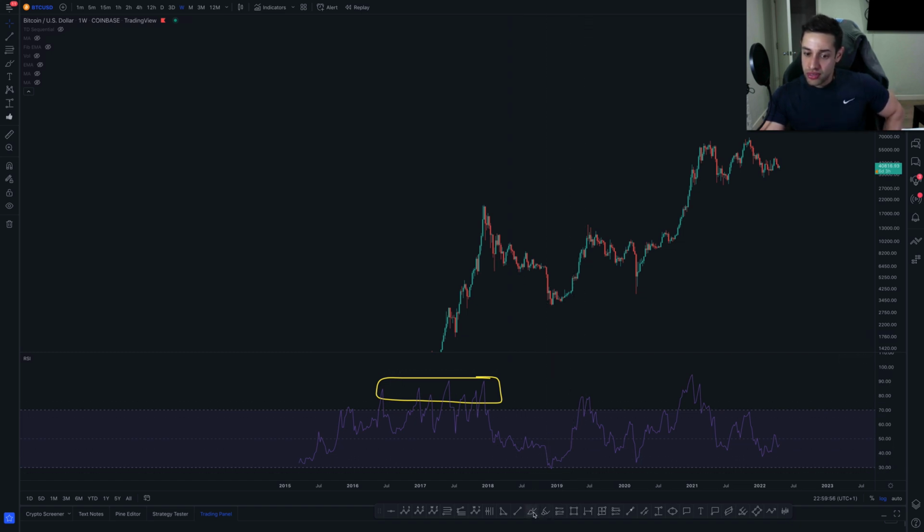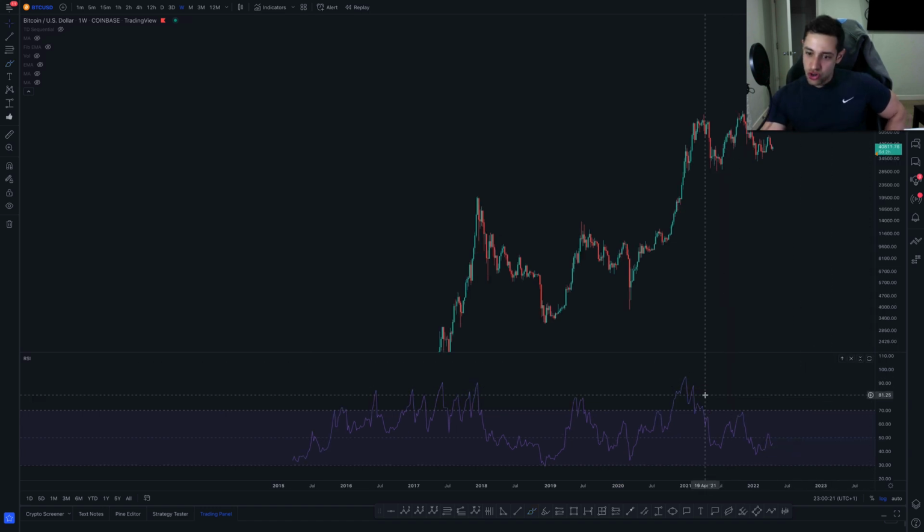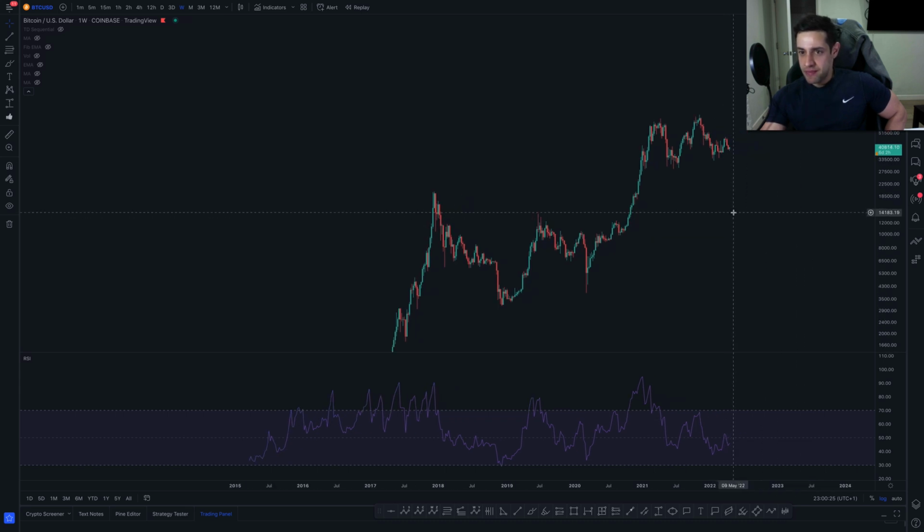If we again look at this crash that we got over here at about that 80 level, and then we've got our big crash that we got last year in May. So every time that we reach this level, I'm looking for reasons. Is there anything else in the charts that's telling me that we're either topping out or potentially moving lower here? So we can use the chart in those upper regions to show us